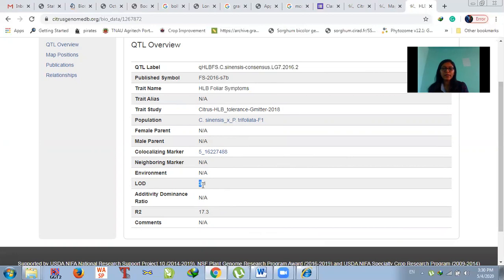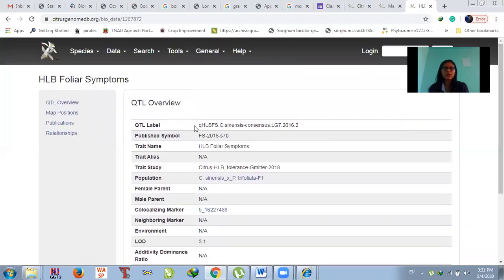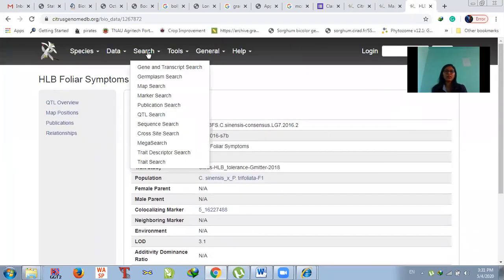And here you can find the LOD score, which is 3.1, and the phenotypic variance is quite high, meaning the QTL is responsible. R square means the phenotypic variance, which represents the phenotypic variation regarding that particular trait. So here you can also do the QTL search. You can get information on how many QTLs are reported in different species.